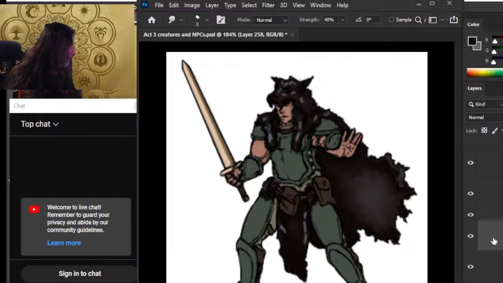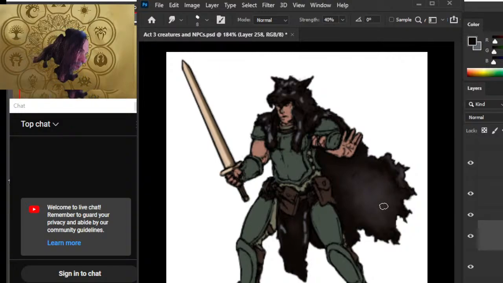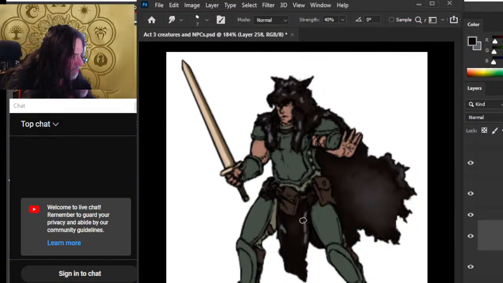Yeah, that feels good. All right, let's continue with these highlights here. And then, like I said, we have some neat little texture tricks that we can use for the fur later on when we get there.